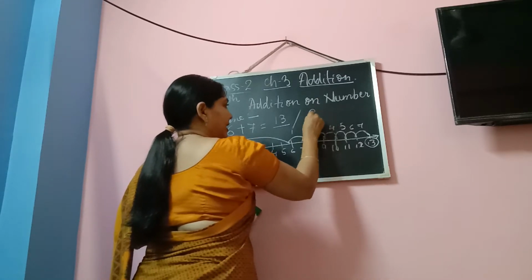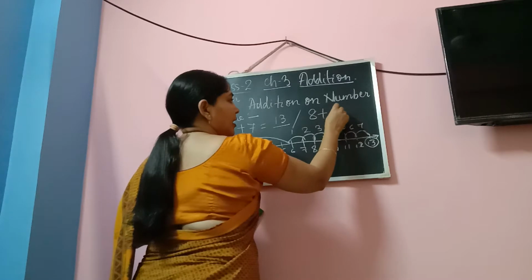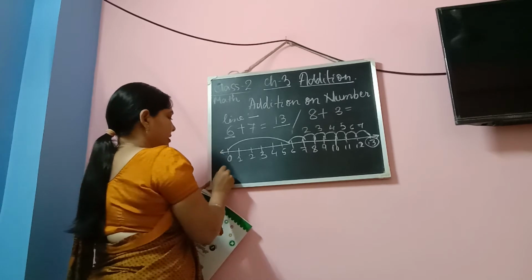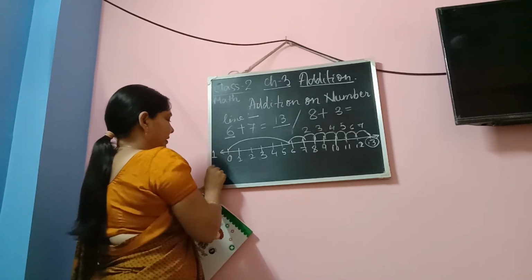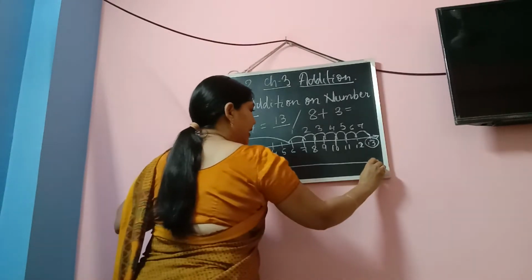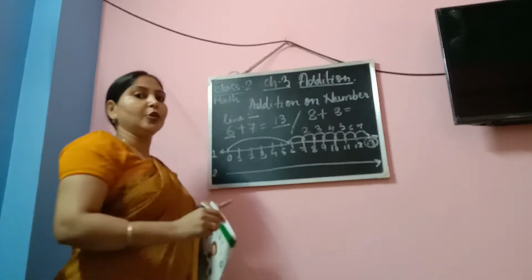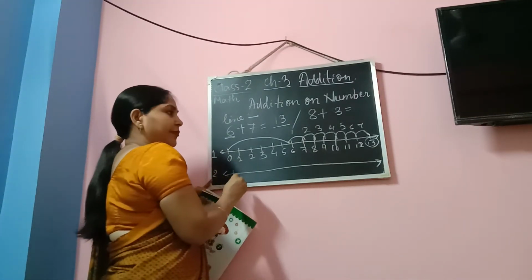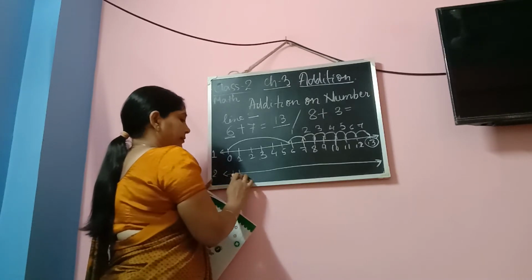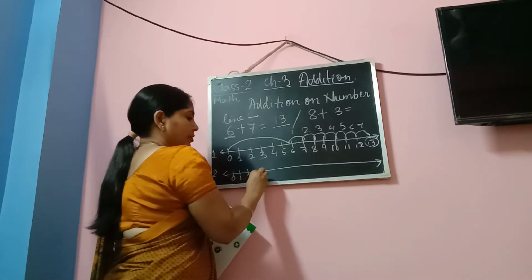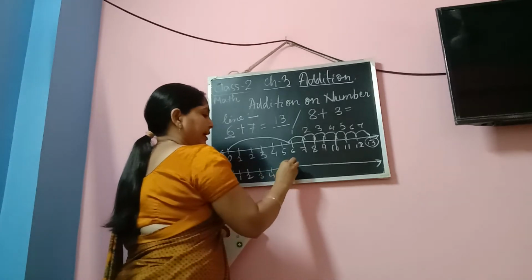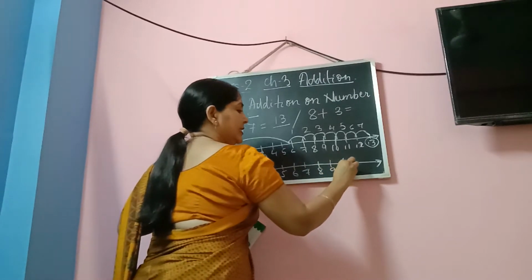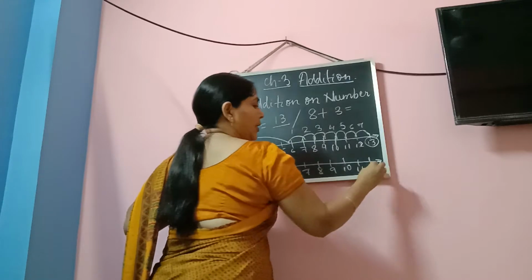Let's say 8 plus 3. How much is 8 plus 3? Okay, so I am going to draw for this. Here this is number 1 and then number 2. Again I will be drawing one line. You can draw a line with the help of a scale, right? Then on the line I am going to mark a few numbers: 0, 1, 2, 3, 4, 5, 6, 7, 8, 9, 10, 11, 12.